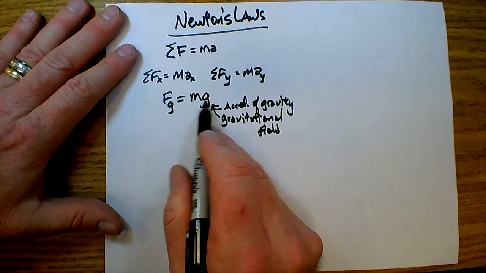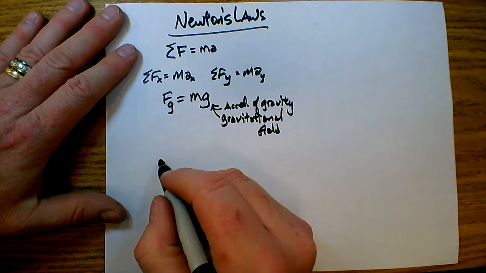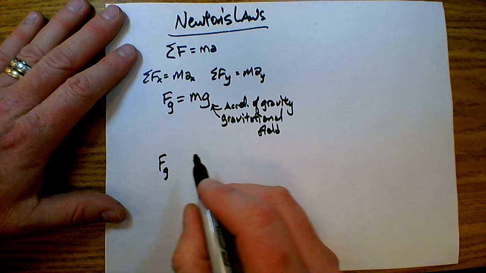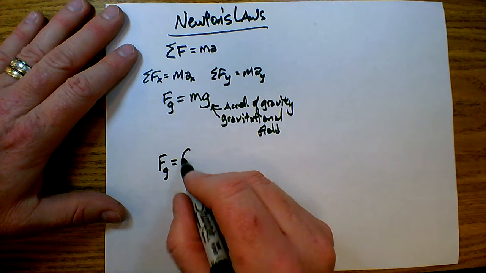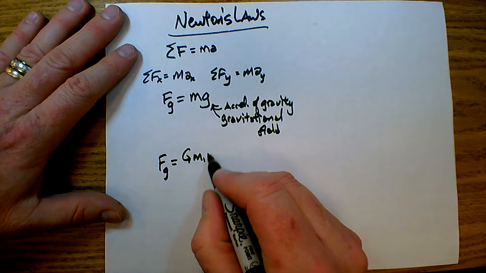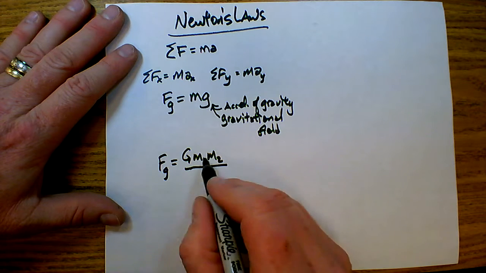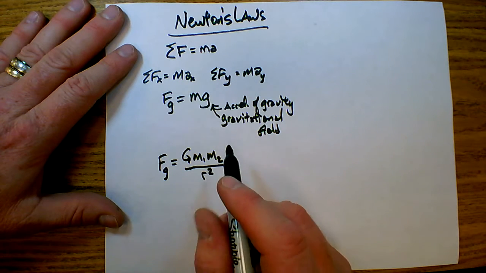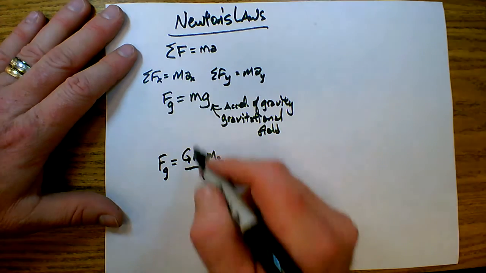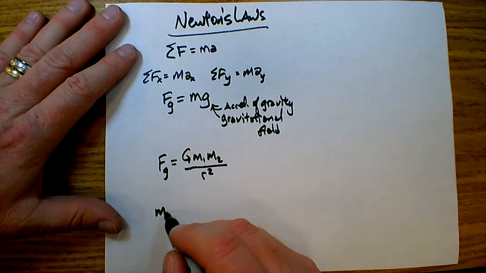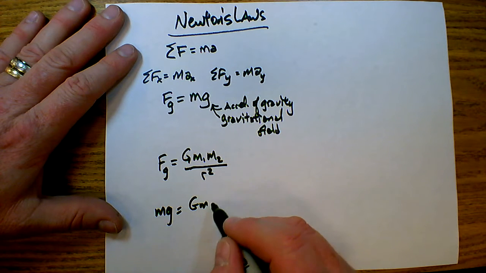So force of gravity equals m times g. We also have Newton's law of universal gravitation, that the force of gravity is equal to big G times mass 1 times mass 2 over r squared, r being the distance between the centers of the two objects. So we've got this force of gravity here. And if we set these two equal to each other, since they're both equal to the force of gravity,